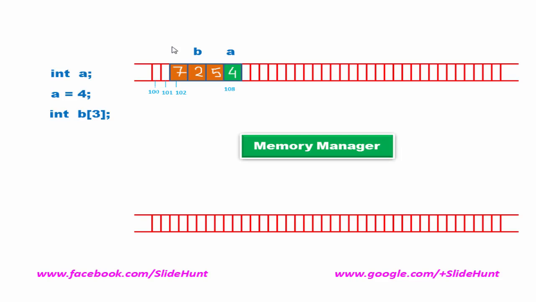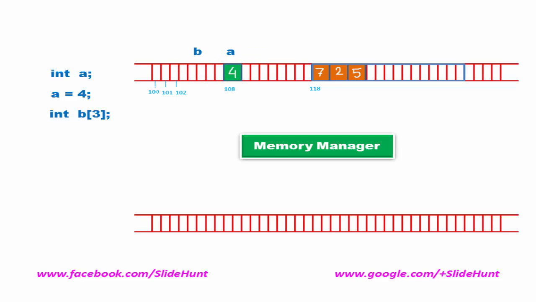Then the user asks the memory manager what the solution is. Then the memory manager says give me another size of array and there I will copy these elements. Before supplying the new size of array, the user thinks this time I will request a large block so that I can insert elements in future. The starting address of the new block is 118. Now the memory manager copies these elements here and frees the previous block.